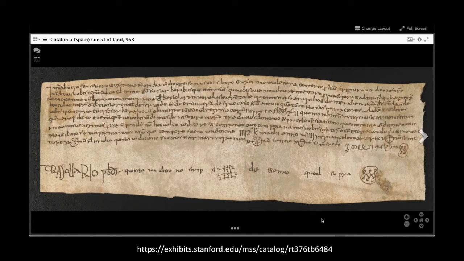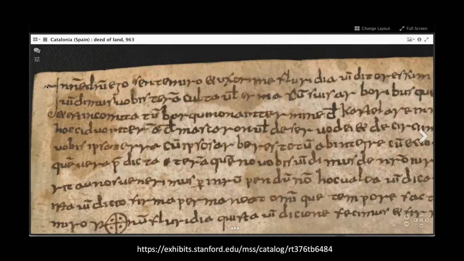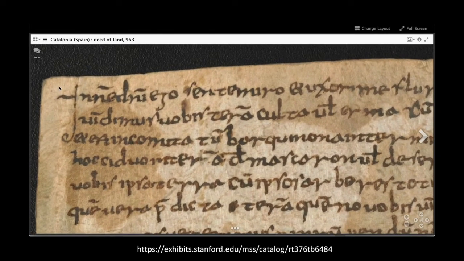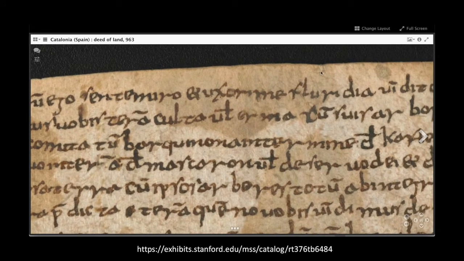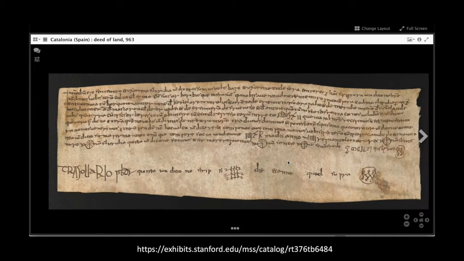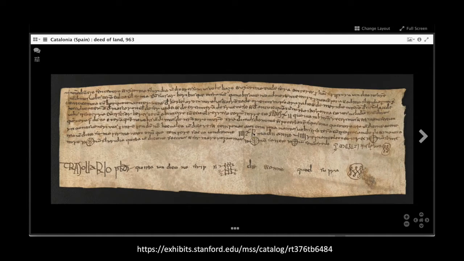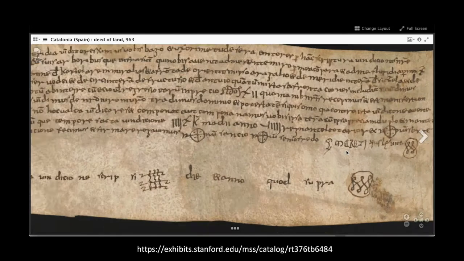From about the same time, within a few centuries, about 963, we have a slightly different kind of object, a simple transaction that's been recorded, a deed of sale. And you can see there's some decorative elements like the I in nomine domini, and that G in ego is particularly nice. But then it also records the names of the people involved, including Floridia, the wife of the person selling the land here. And if we zoom back out, we see some other decorative elements, particularly the name of the witness here,